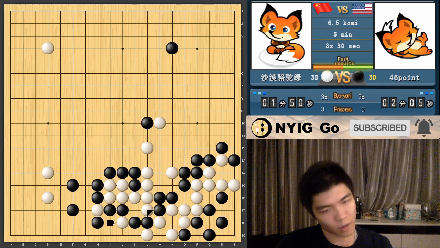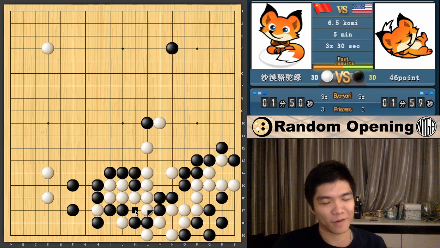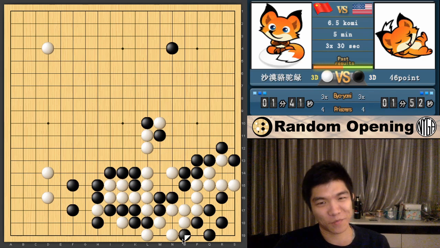Should I connect here, or should I connect there? He actually gave me a choice, which makes it a little more difficult. I think I'll connect because it reduces the liberty in the middle. That's an example of what I was talking about, because they will definitely capture there. So playing immediately,